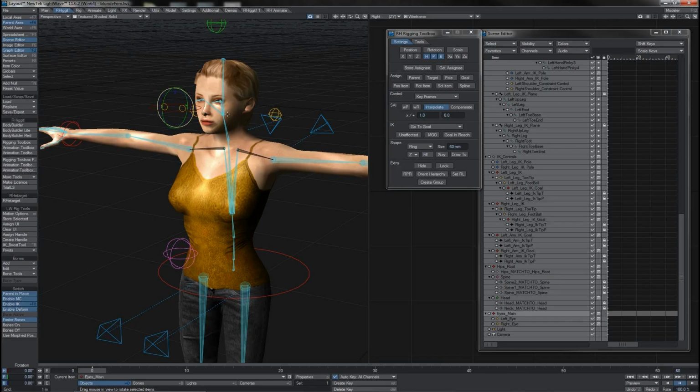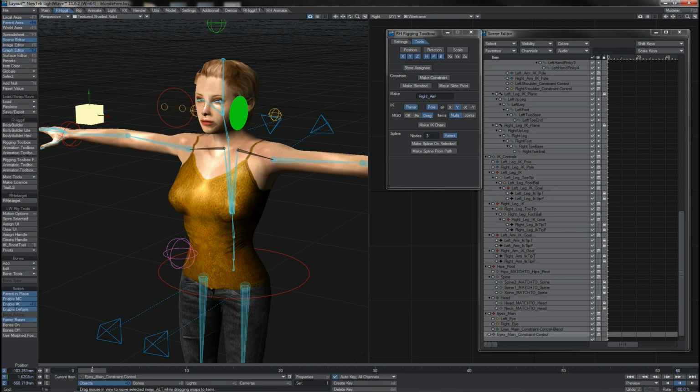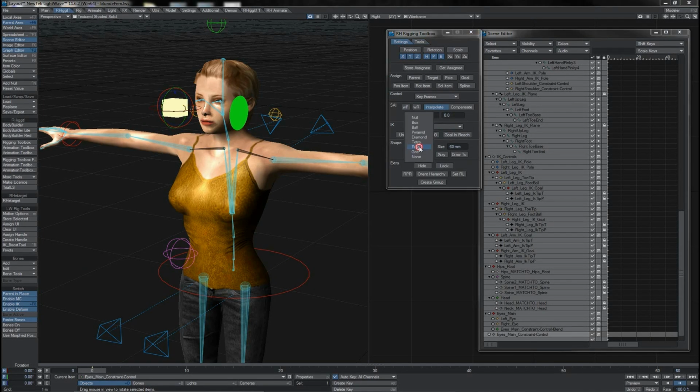As such, what I feel I'm going to do here is set up a blend. So with the eyes main controller selected, I will make sure that I've got position and rotation enabled. I will store assign E, and with the same item still selected, click make blended. This of course creates this null here, which the eyes will snap to when the blend switch is on, like this. So what I can do is to take that fella, I'm just going to give it a different shape here, give it a ring the same. I'll bring that down to something smaller like this, and of course give it a different colour so as it